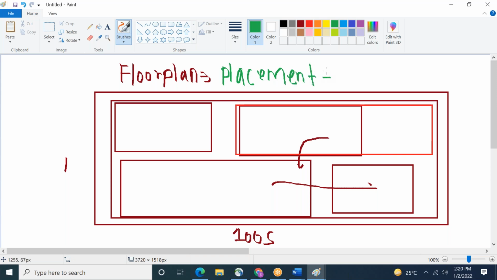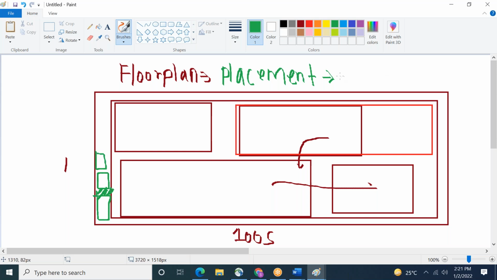Once the placement is done and the arrangement is set, you start making your house. You make the first floor first. How do you make it? You purchase brick, cement and rod, and you connect the bricks.